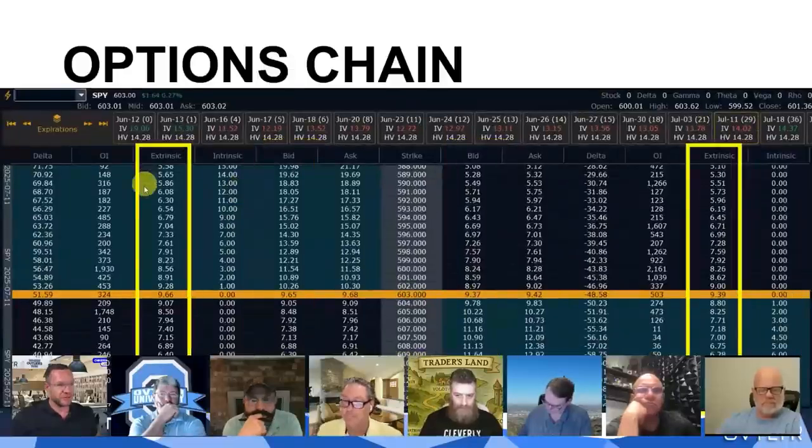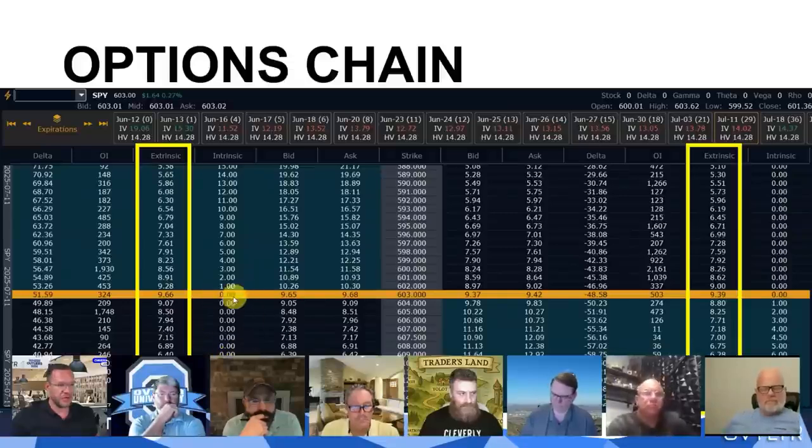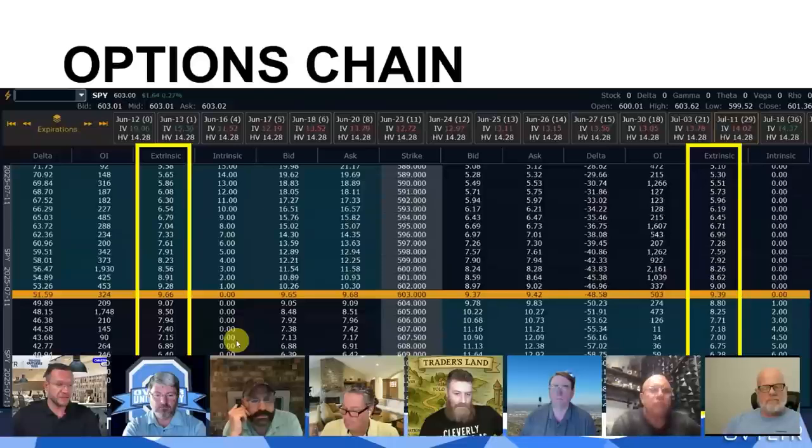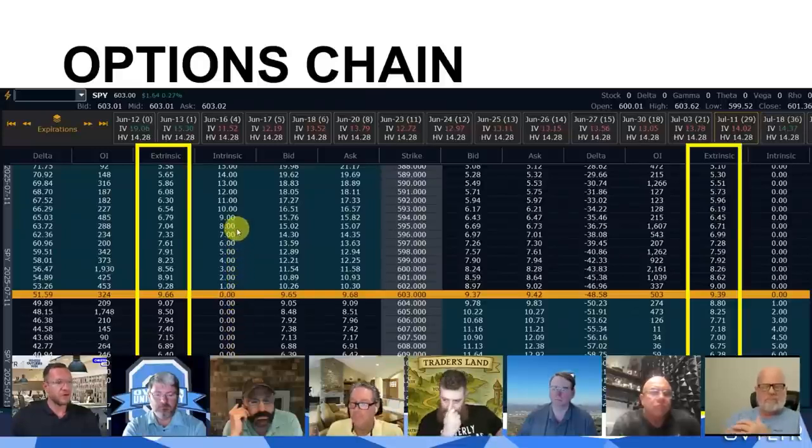Now, extrinsic value is different. Notice there is no intrinsic value on the option when it's out of the money. There's no intrinsic value out of the money. Remember the housing coupon we talked about earlier. Brad could have bought the coupon on the house with the 100 strike when it was only trading at $80. That would be equivalent to Brad buying the 608 when it's trading at 603. Right? There's no moneyness to this. Like Brad said earlier, it doesn't have much value because the house has to go up in value for it to be worth anything. And the deeper it goes in the money, the more value it grows.